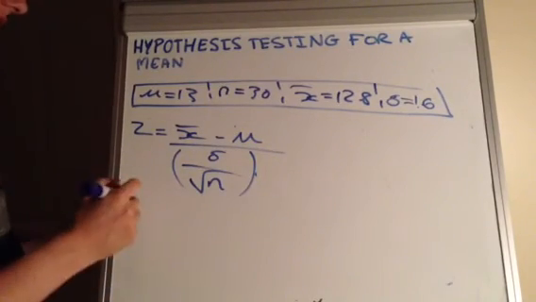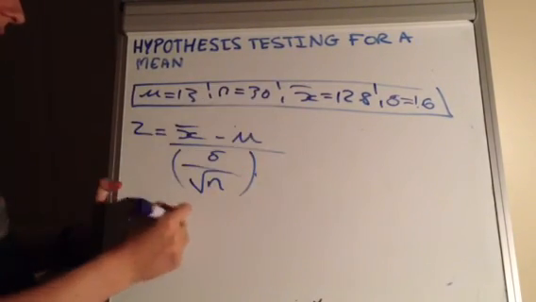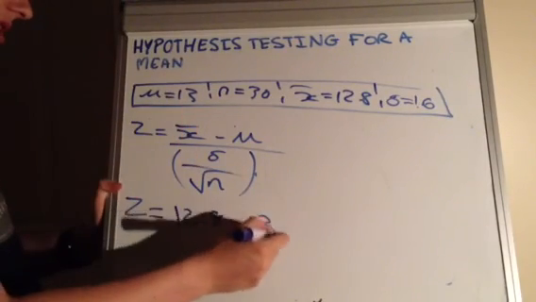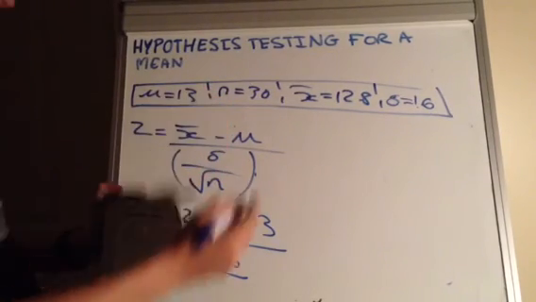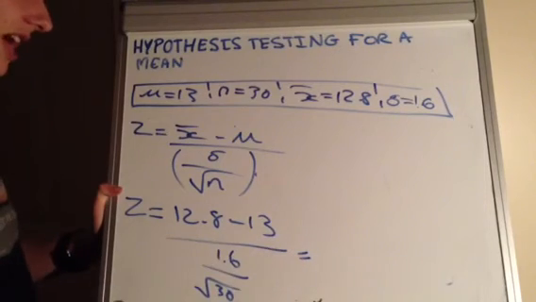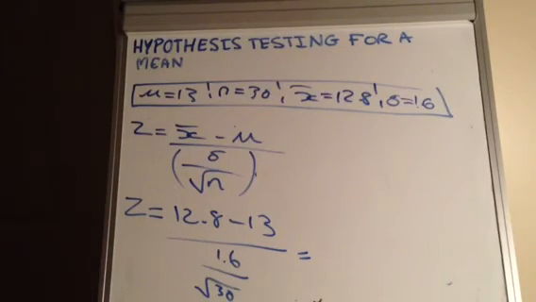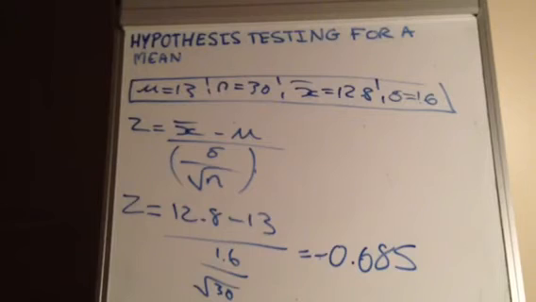So now, let's derive. z equals x bar, in this case 12.8, take mu, which is 13, over sigma, which is 1.6, divided by the square root of 30. Hence our z value is going to be, and we can go to our calculator and put it in. So we have 12.8 take 13, over another fraction bar, 1.6 divided by the square root of 30, and we can see that equals negative